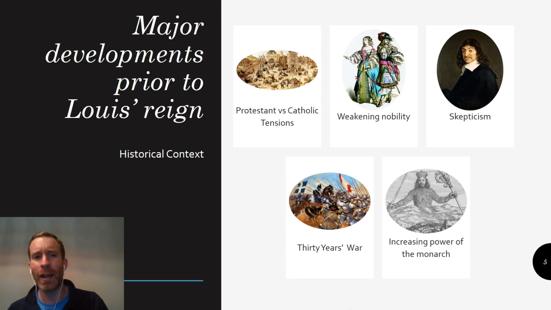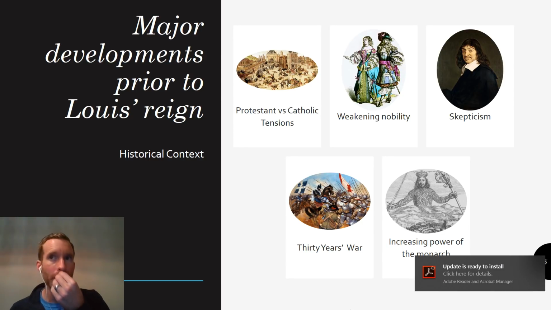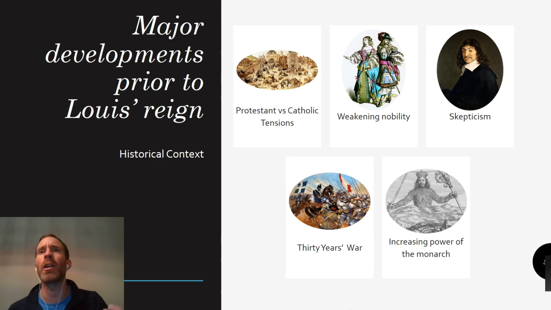There's a growing intellectual movement known as skepticism, which, if you've ever heard someone say that they're skeptical about something, means they have their doubts about commonly held truths or beliefs. And that's starting to emerge at this time. So people had been told for such a long time that the church tells you what to believe, your rulers tell you what to believe, and you accept it. And people are starting to, I really want to emphasize that, starting to question those supposedly commonly held truths